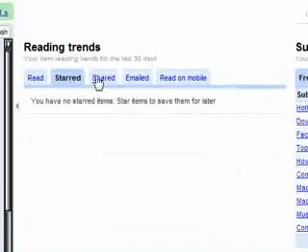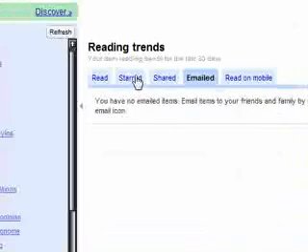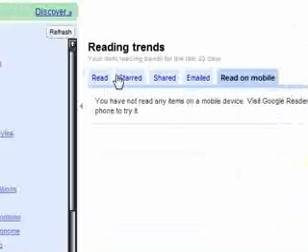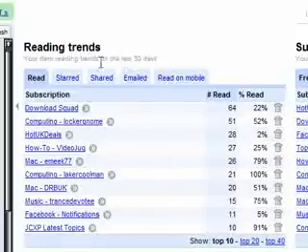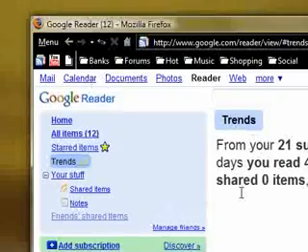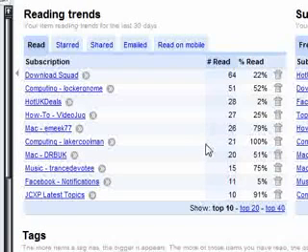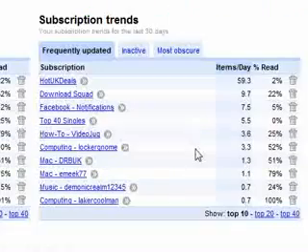So you can see that you can have starred, shared and emailed, and it can do your trends from there, and read on a mobile if you want to access this through a mobile device. That's another great thing about Google Reader being online. You can access this from anywhere and on any operating system, so obviously Mac, Linux, Windows, you can access this. Going back to what I was trying to say, subscription